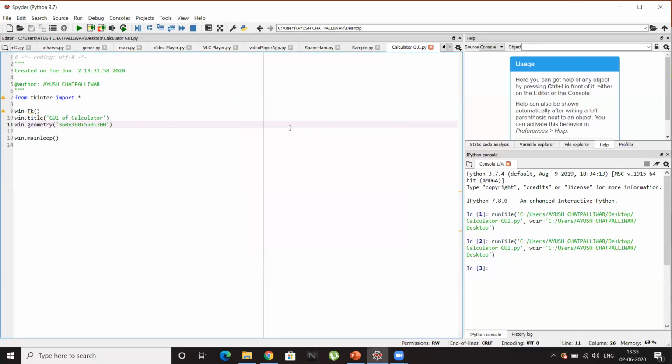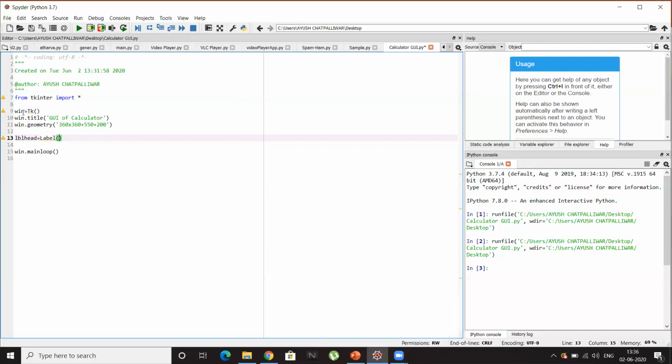So now let's go ahead and make the heading of our GUI. For the heading we will use a label, as I have explained previously. Whenever we have to write anything on the GUI, we use the label function. So let's start with the label coding. Since it is a label, the prefix will be lbl, and since it is a heading, lbl_head. lbl_head is equal to Label.